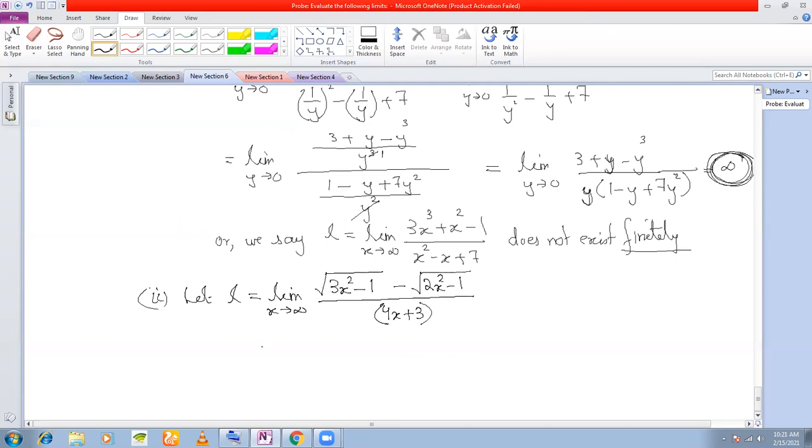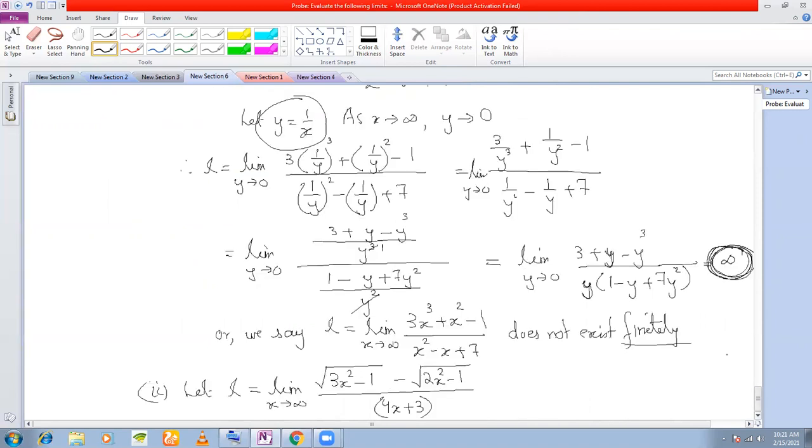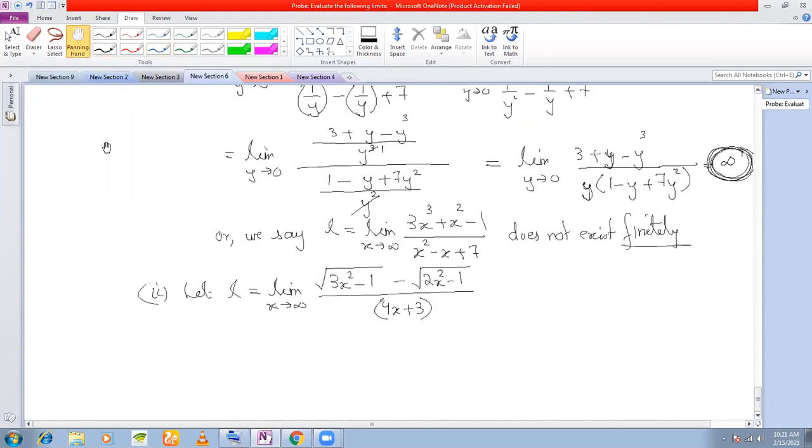In fact, there is infinity, but then we took it as, no, here you cannot take. You have already taken x is equal to 1 by y here, or y is equal to 1 by x. So now you cannot take anything here. Whatever you take, you will still get infinity. Yes, sir, there is a mathematical explanation for this, but limit can exist infinitely also.